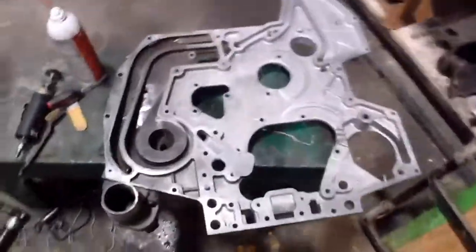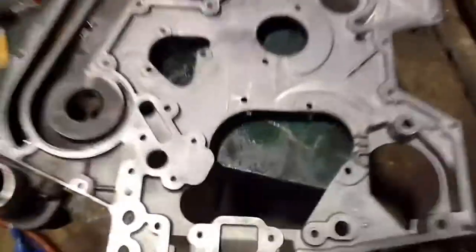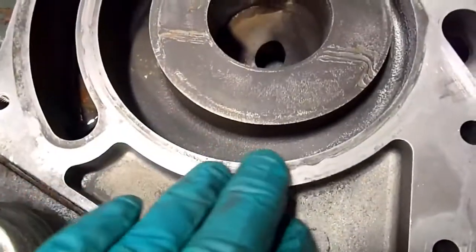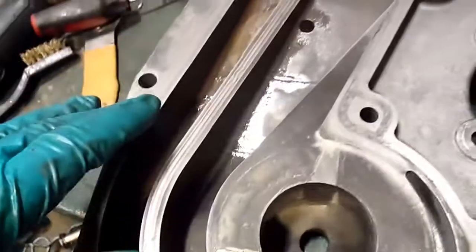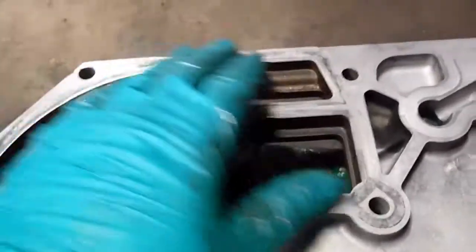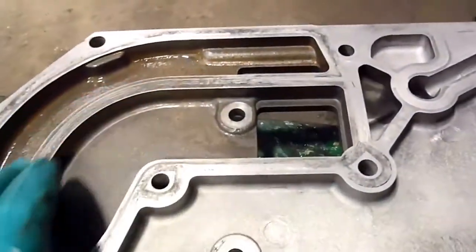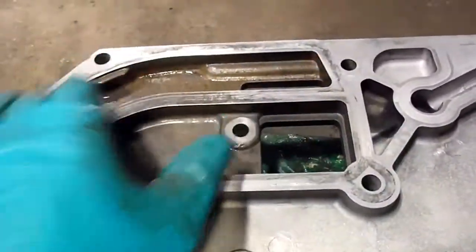Been scrubbing on this thing for a little bit here and got it all cleaned up. It's in really good shape. I think it is anyways. There's a little bit of pitting just around here, some minor pitting from the coolant. But other than that, it's in really good shape. And this little bit of pitting here, if it's a little bit deeper and you're concerned about it,